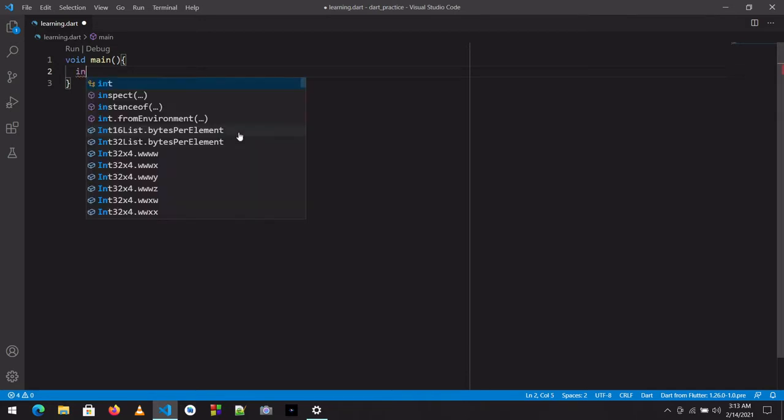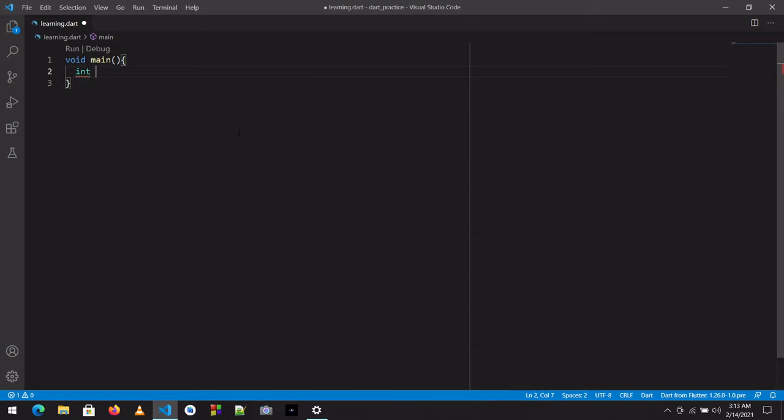We have an integer, int x equal to 15, and another integer, int y equal to 0, and also an integer to store the result of these values. This is an empty variable. Now I will store the result equal to